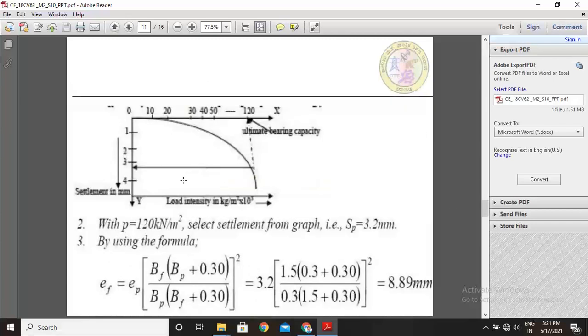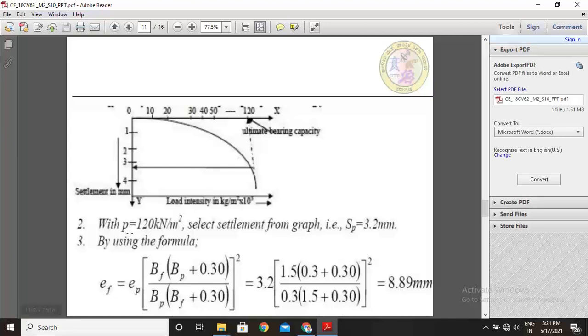See, this is the graph. Load along the x-axis, settlement along the y-axis in downward direction. With respect to load and settlements, we have located the points and plotted the smooth curve passing through the load versus settlement readings. Where there is a peak point of the tangents, you draw a vertical dotted line passing through the y-axis and a horizontal line passing through the y-axis. Where the x-axis is joined, that particular point is the ultimate bearing capacity in kilonewton per meter square. Where it joins the y-axis, that is the settlement in mm we are getting.